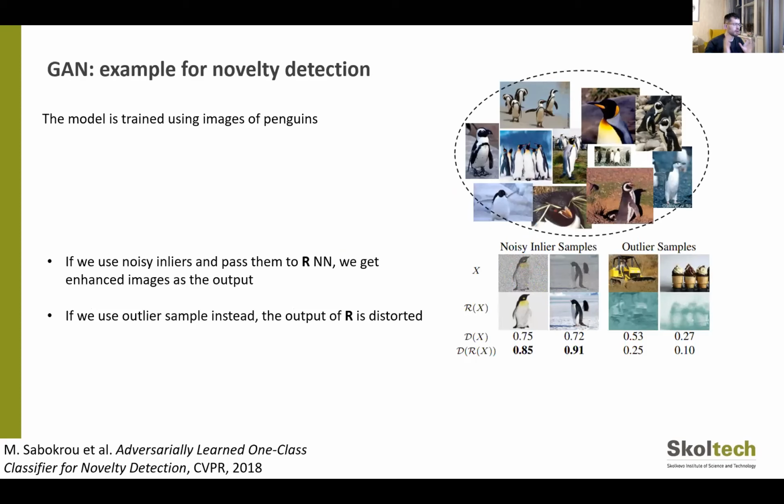So let's see how it works for anomaly detection on the example of a paper from 2018 on a one-class classifier in the thoroughly learned. Suppose we have, okay,